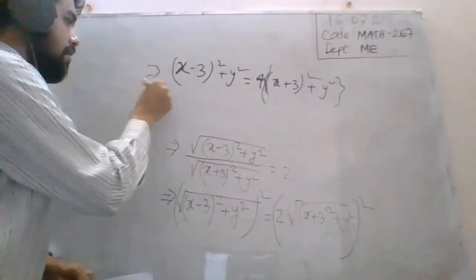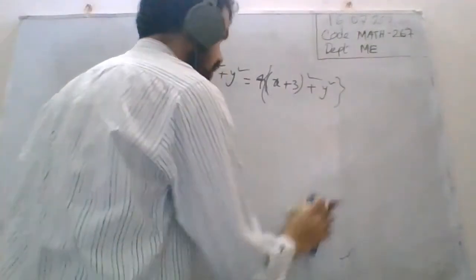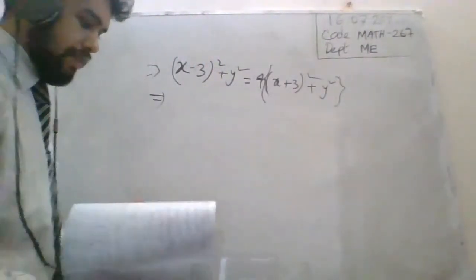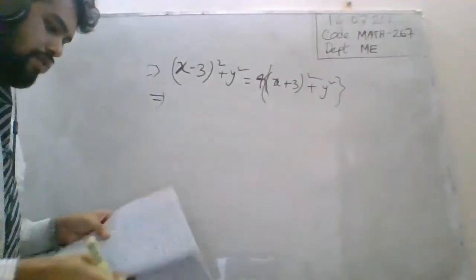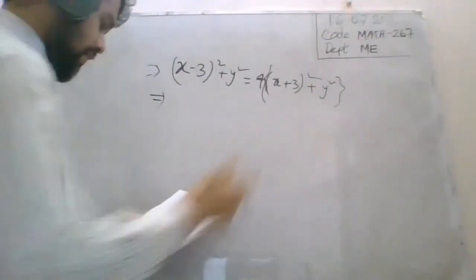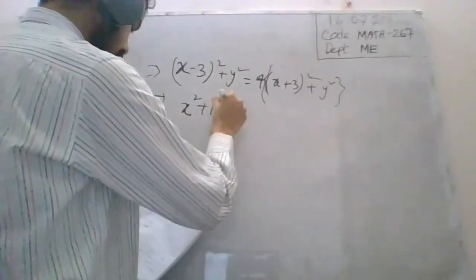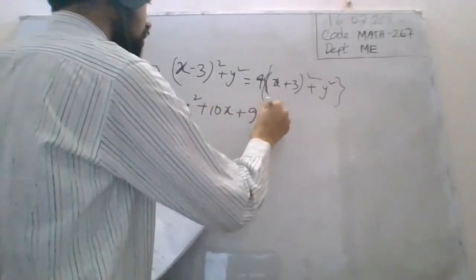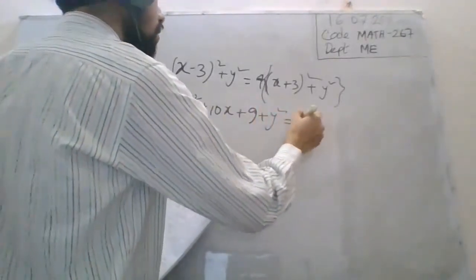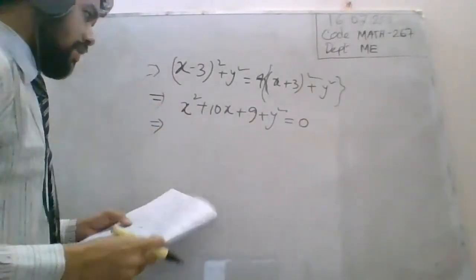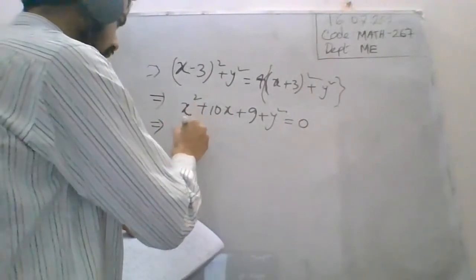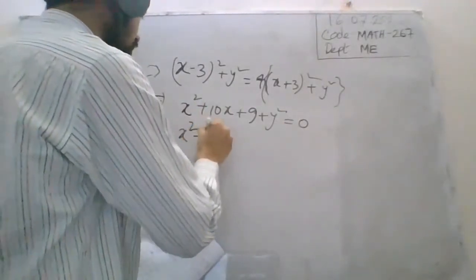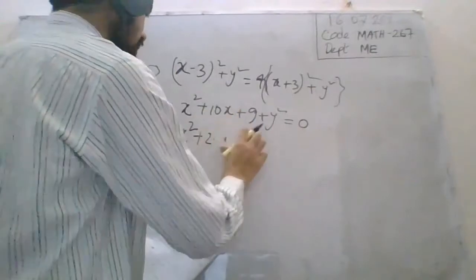After that you can simplify the result, and you get x square plus 10x plus 9 plus y square is equal to 0. Okay. So after that, you can rearrange it and find another equation, which is